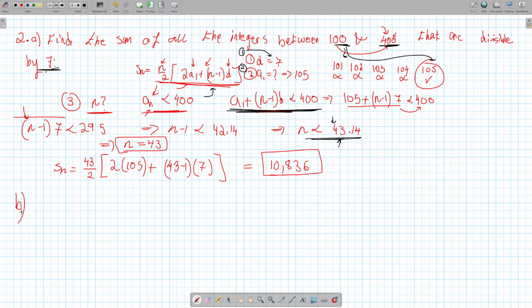Let's move to part B. I know how to do it. Yeah, so part B says the first three terms in a geometric progression